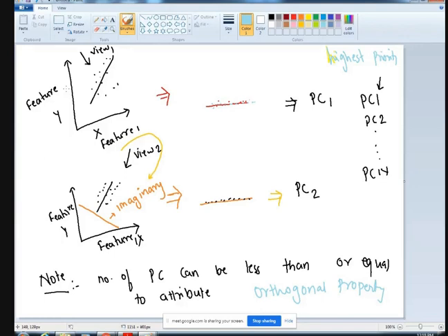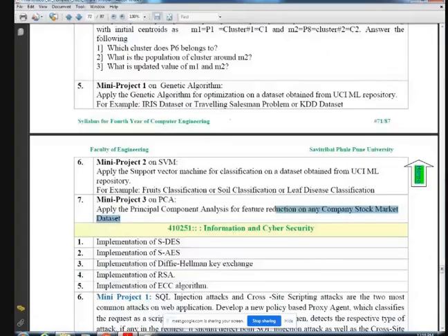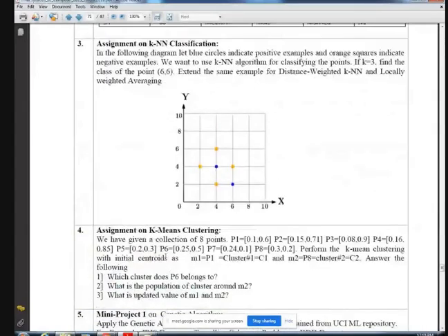Fine. So I think the PCA concept is clear to everyone, and please see that if you're completing this mini project, then accordingly you should know how our PCA works. Actually, you can use your Weka tool and do it, because it is not mentioned as such that you have to actually go on designing the PCA.